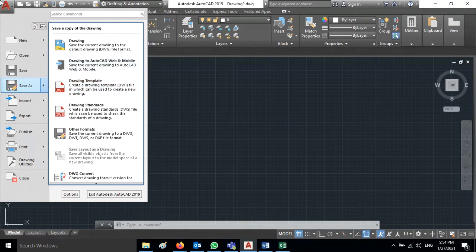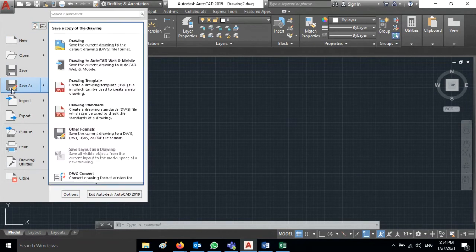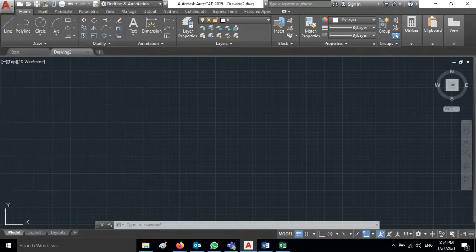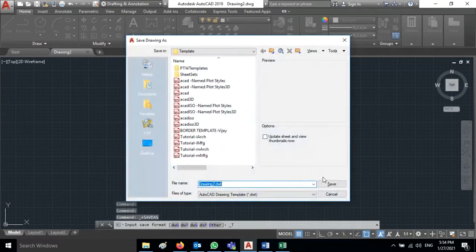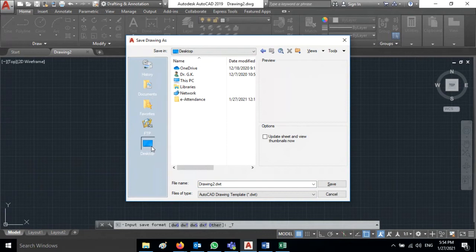Go to the application menu here, select Save As, and select drawing template. And you can save. It will be saved in the template folder, which is already available. But if you want the desktop, just go to desktop, and create a new folder with your ID number.